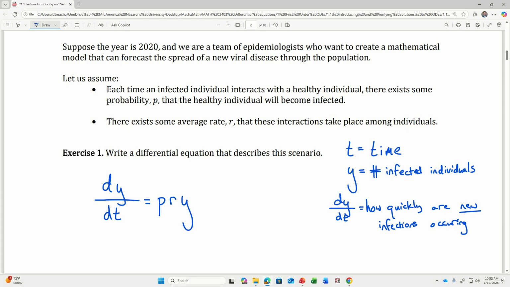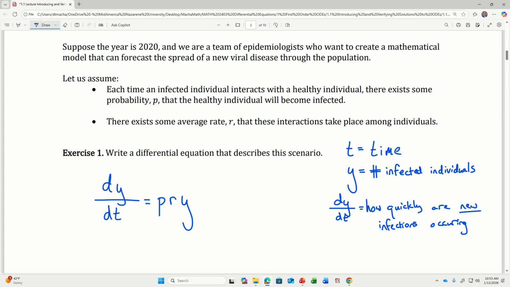Only this equation right here, if I said I have a population of 300 million people, then if y is equal to 300 million, this is still going to give me a non-zero number, right? So I need to find a way to make it so that when the entire population is infected, there's 0